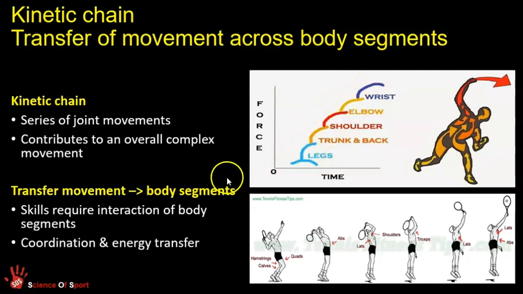So a lot of the movements that we have involve our body working bit by bit in a series or in a sequence or in a chain reaction. So think about chain reaction for this one. Kinetic is movement, so it's a movement chain reaction. Our foot placement, our leg action, our trunk action, our shoulder action, our elbow action, our wrist action. Again, I'm just going to show you a very short video of a tennis coach explaining kinetic chain relating to